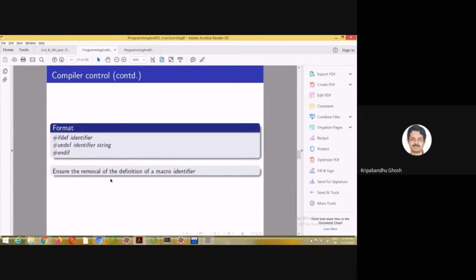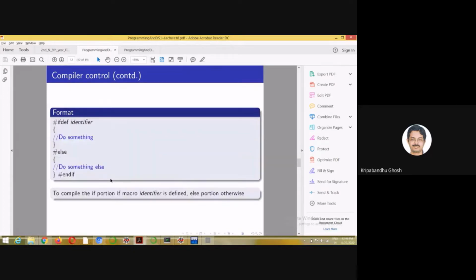These are very important points, but I'm not covering them in detail due to want of time. And you can also write something like this. Suppose pi is defined, you have defined pi somewhere, either here or in your header files.